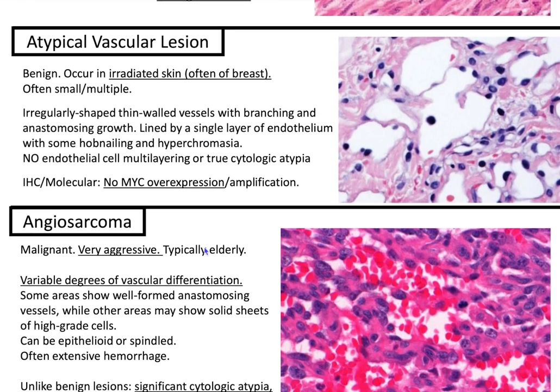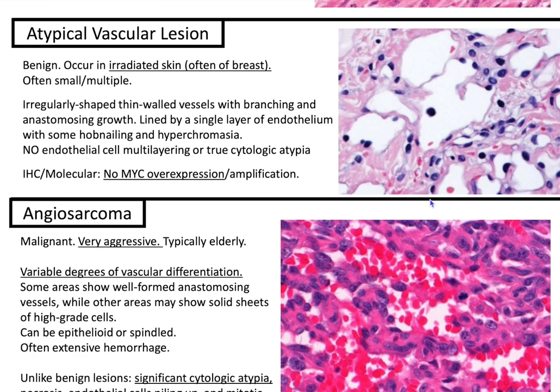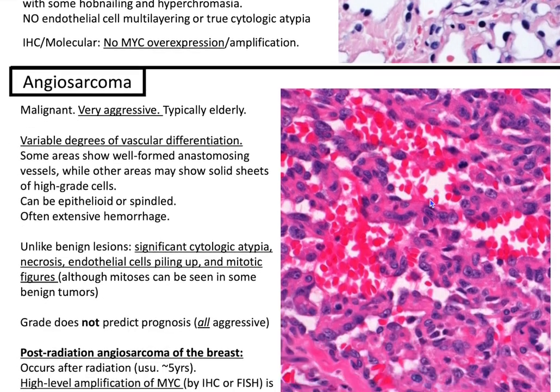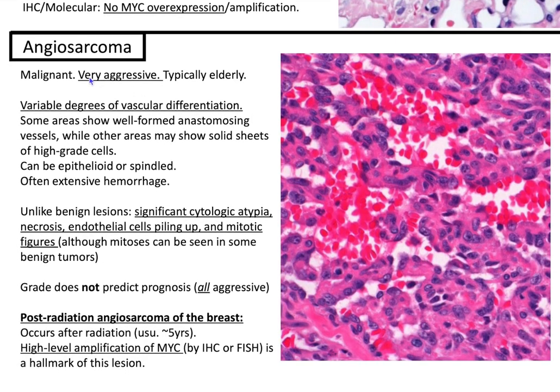Atypical vascular lesion, these are benign. They occur in irradiated skin, often of the breast. They're often small to multiple, and histologically, you'll have these irregularly shaped, thin-walled vessels with branching and anastomosing growth. It's lined by a single layer of endothelium with some hobnailing and hyperchromasia. There's no endothelial cell multilayering or true cytologic atypia. And IHC-wise, you'll have no MYC overexpression, in contrast to angiosarcoma that arises from breast radiation, which, let's talk about